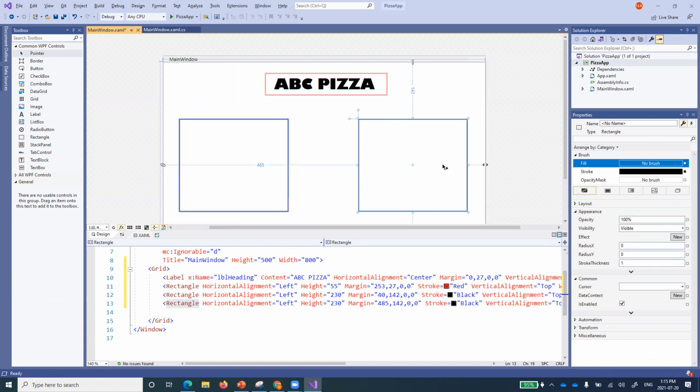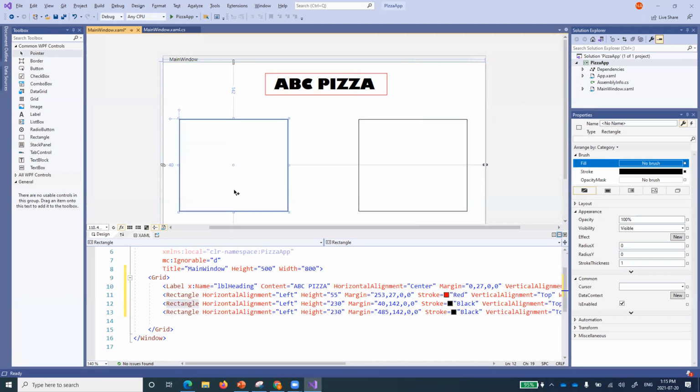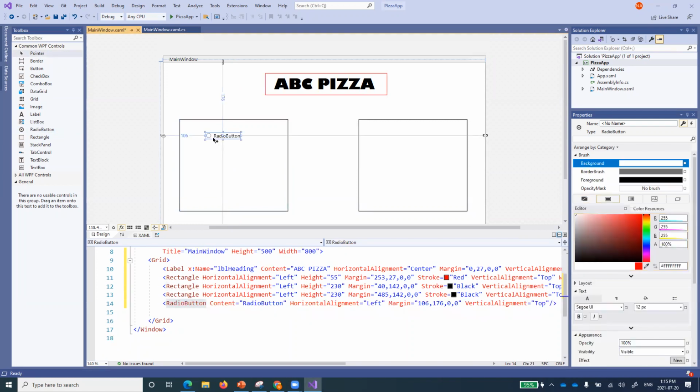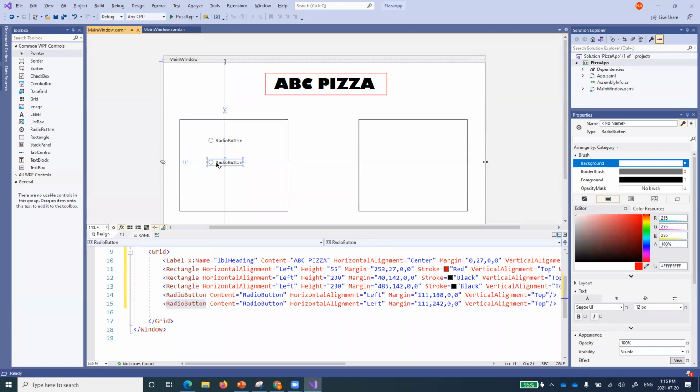So we have done nothing. We have just made two square shapes over here. Right? That's good. Now what I want is that inside that, so please remember what we are doing. We are trying to create the UI of our application, and then we will create the background logic as well. Now I want you people to, for example, bring out the radio buttons, or maybe a radio button. Just bring out a radio button and put it somewhere here on the screen. And the same logic that I gave you: press and hold Alt key, radio button 2. Press and hold Alt key, radio button 3. So I've created 3 radio buttons.